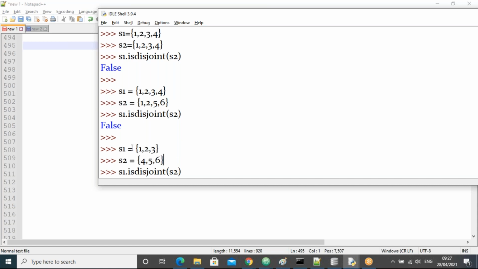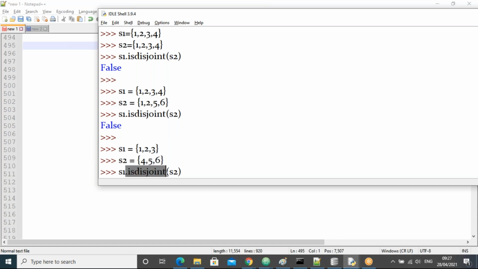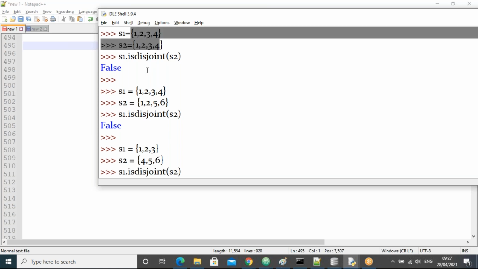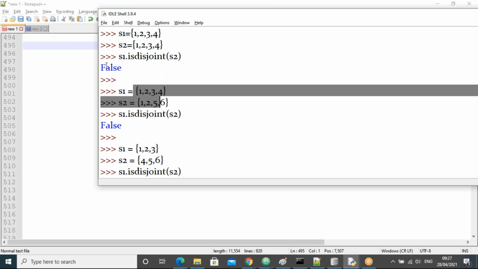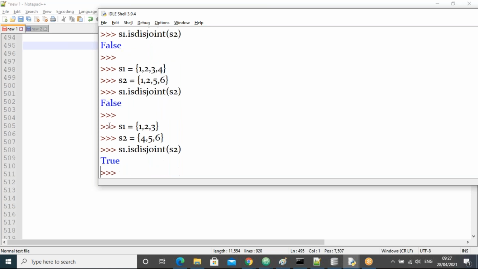If there are no intersection values between two sets, this function gives true. If any intersection is there, the output is false. So all clear, guys, about this function?